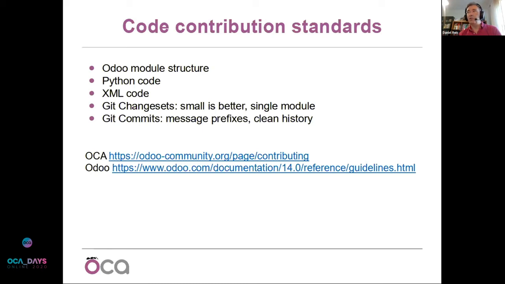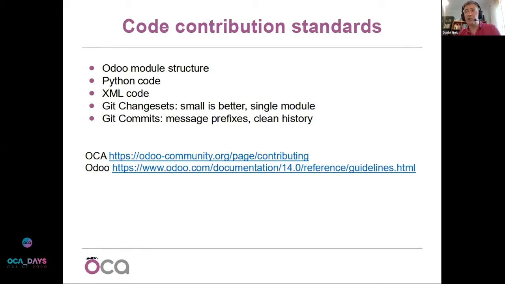A contribution standard you need to be aware of is the Odoo module structure. So how you organize the files, things like Python model files need to be inside the model subdirectory and views need to be inside the view subdirectory. So there are some of these requirements you should follow. And on the Python model structure, we also have requirements for the READMEs, and we have requirements for the manifest keys. We have some additional manifest keys like the maintainer. The website should be the address for the repo. There are things like that